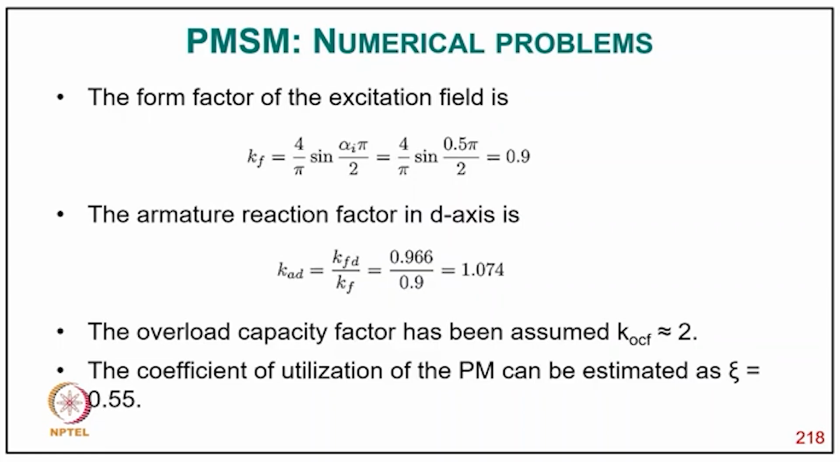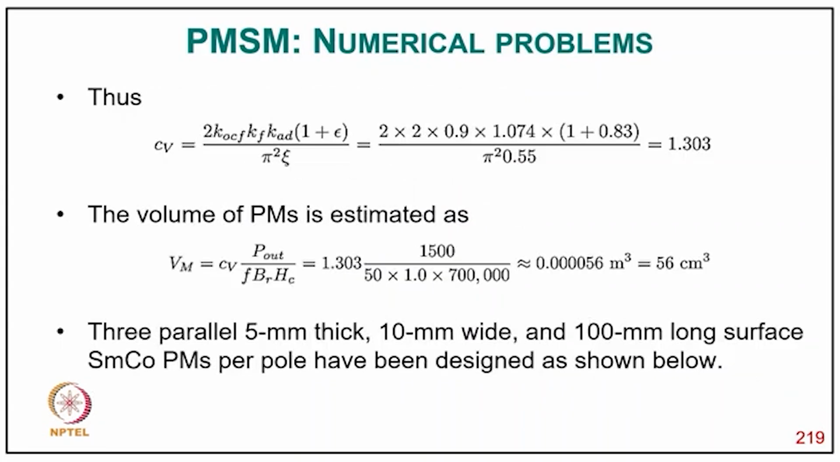The overload capacity factor has been considered OCF equal to 2, and the coefficient of utilization of PM can be estimated equal to 0.55. Then the CV, that is KOC, KF, KD, 1, eta upon pi square theta, putting values it comes 1.303, and the volume of PM is estimated VM equal to CV P out upon F PR into SC,